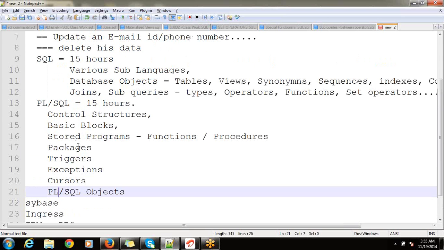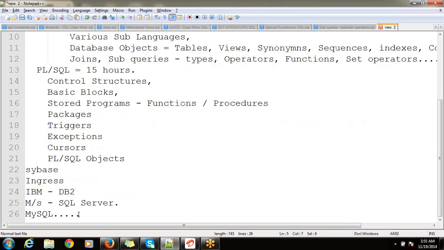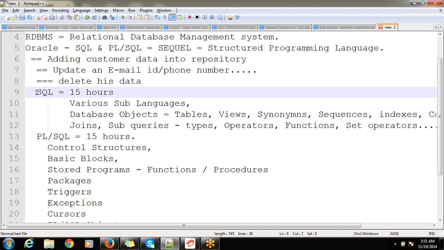So once you are comfortable with Oracle, as I told you, you can work on MySQL, SQL Server, DB2, any kind of database, because all those are similar concepts with slight differences in syntax. And we are following ANSI SQL here, which is standard SQL.